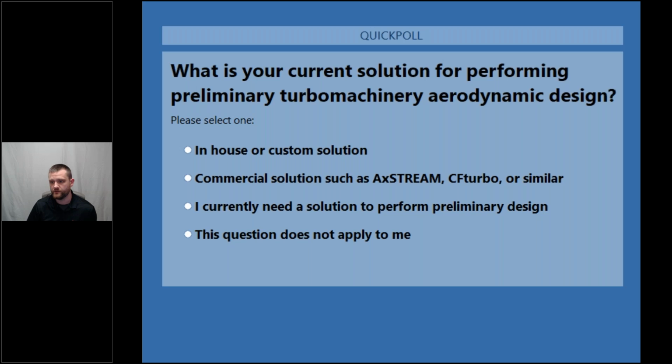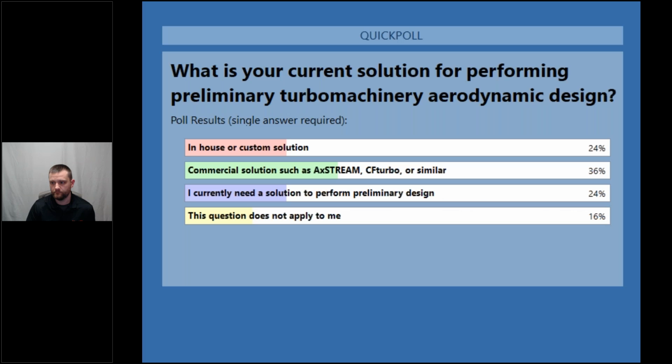So far, it looks like a vast majority have a commercial solution in place, which is great. And today, we'd really like to show you a very clean workflow in that commercial space. This today is showing StarCCM Plus. Let's go ahead and see our results here.